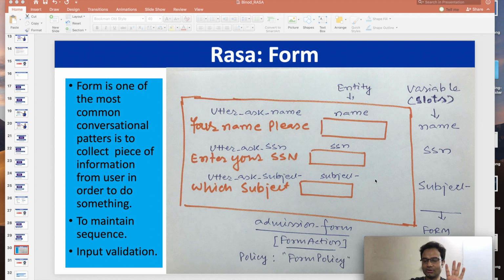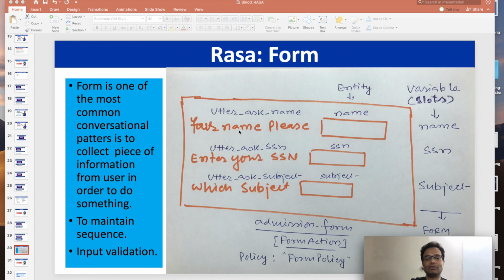So first the slot, then the entity, then you have to create the admission form in the actions.py file, and you have to create this caption. What happens if you maintain name, SSN, subject?